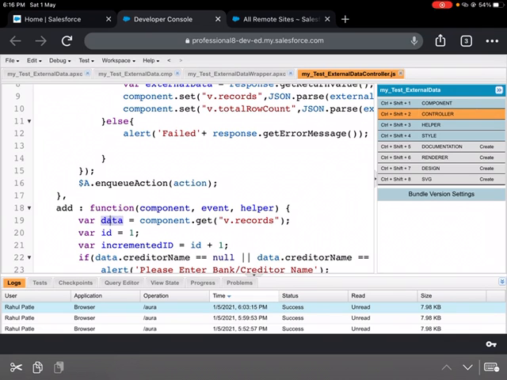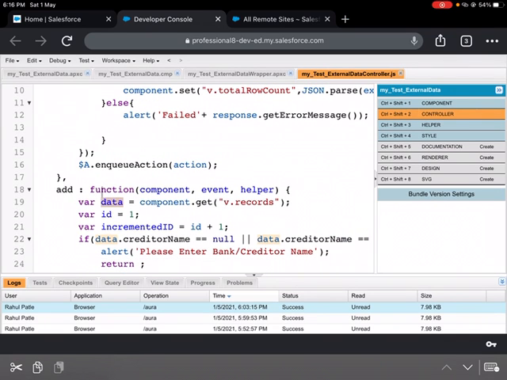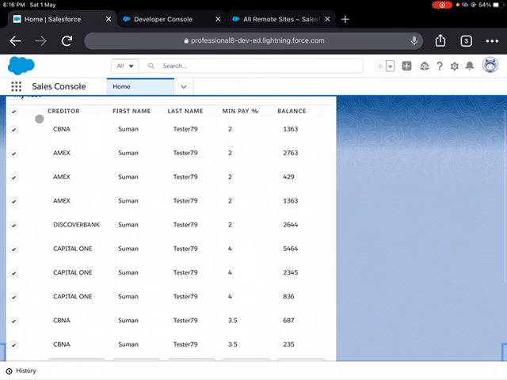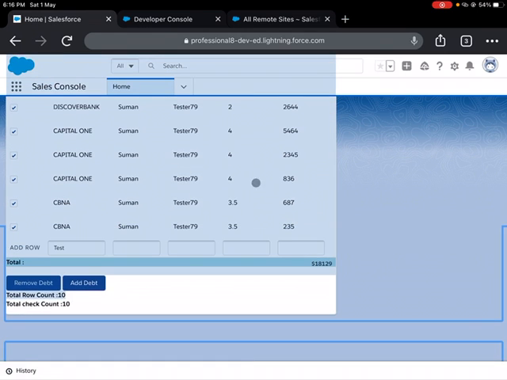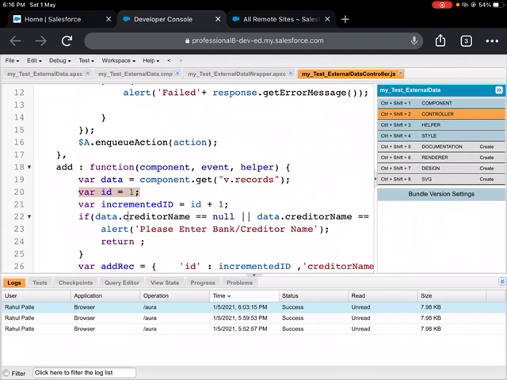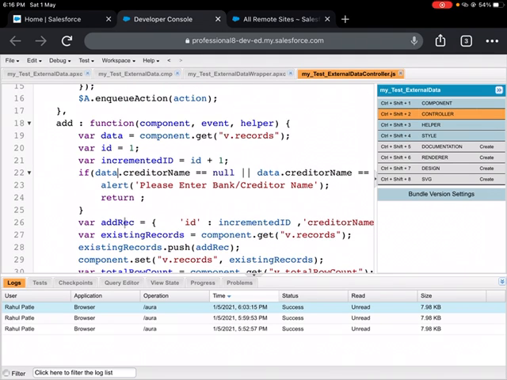I'm getting all the data whatever I have retrieved from the backend from the Apex method. So all the data I'm getting here. Then after that, I am also providing an ID. Because I'm putting a new record here, I'm just giving an ID created by myself.